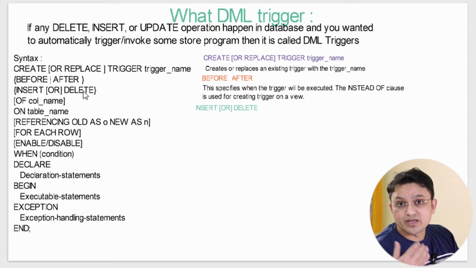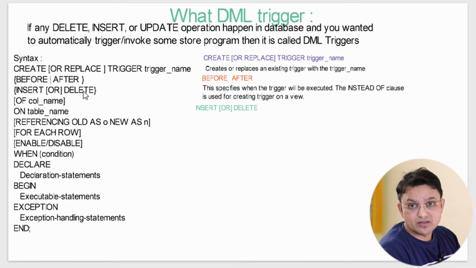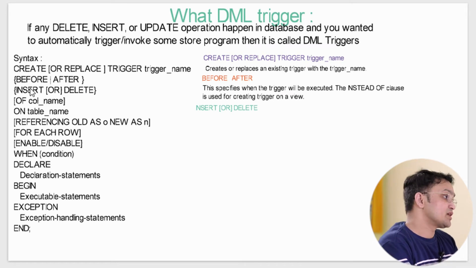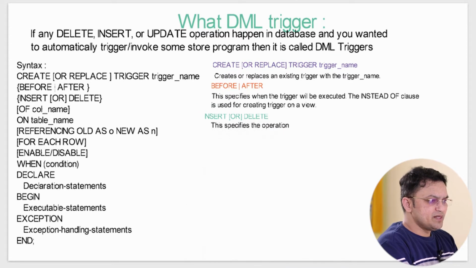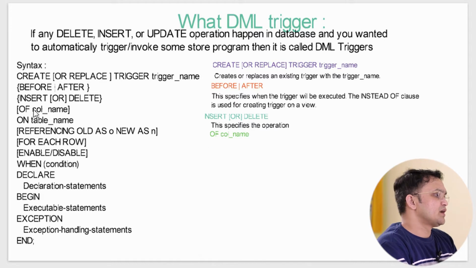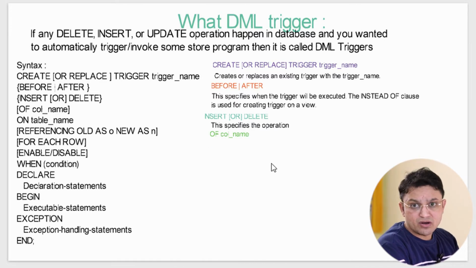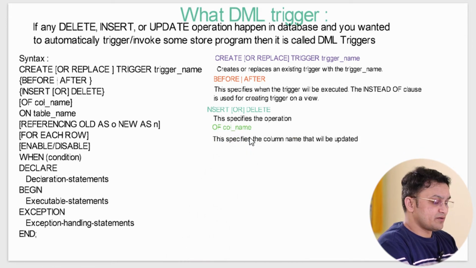You can mention update as well. That all depends upon your choice, whatever operations you want, you can mention over here. Okay, so let me write the same thing over here, and after that I have mentioned the of column. You can also go column specific. That is nothing but your of column.